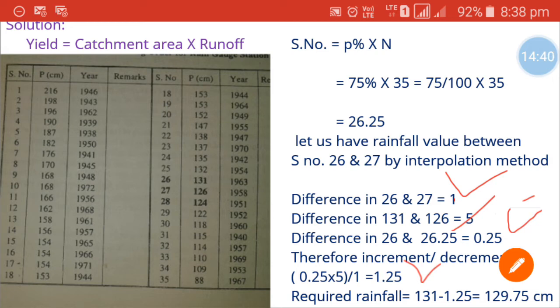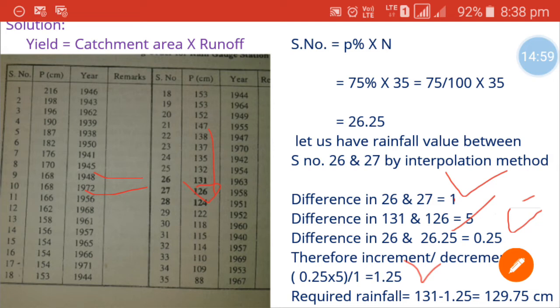If we look at the values, at serial number 26 it is 131, and at 27 it is 126. This means the values are decreasing. So it is a decrement, and therefore the required rainfall